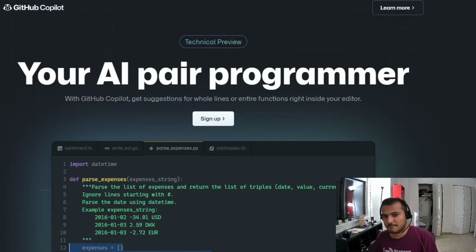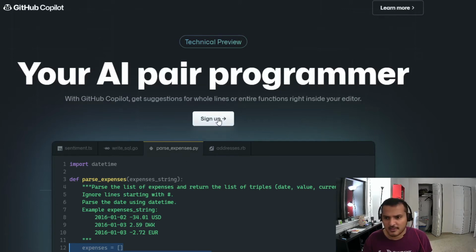Now, because it is trained on people's code, it's a bit dicey morally, ethically, and legally. So I won't comment on that, but I will comment on how to get it to work and how good this technology is. I think there's still a wait list, but